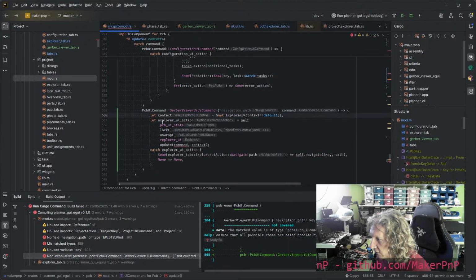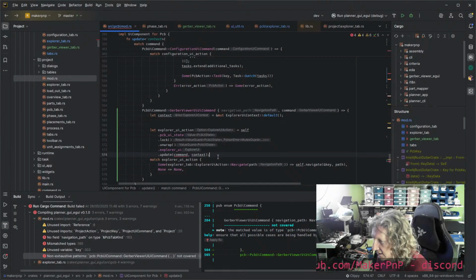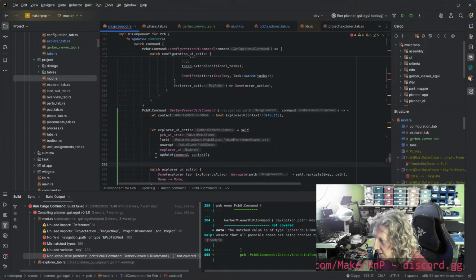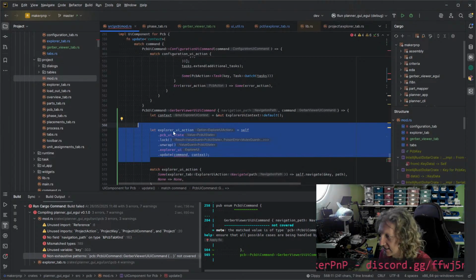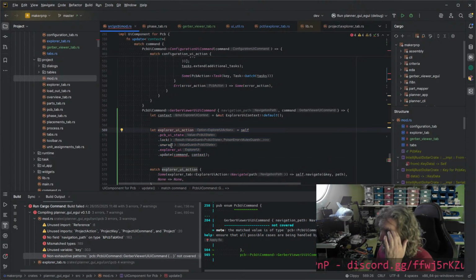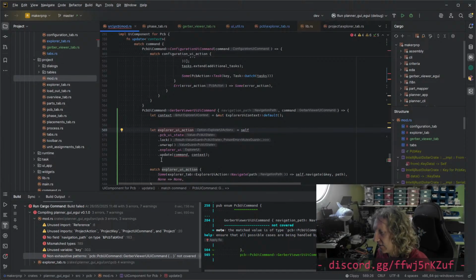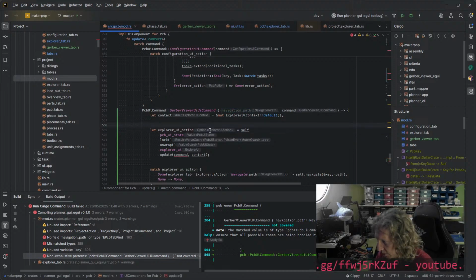Thus, so yeah, then we need, instead of this, to find the right Gerber viewer UI instance, and then call its update method. And we can do that using navigation paths. So we can go